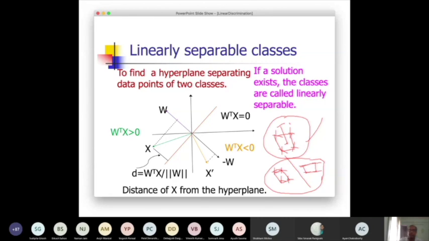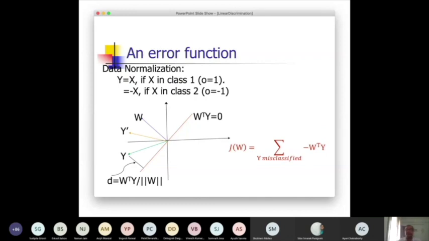So that is the condition for linear separability, right? With this, let us try to formulate the problem in a more convenient manner, as an optimization problem. One of the tricks that we'll use here is some kind of data normalization. Already we did one kind of data normalization. That means we augmented an additional dimension to make the linear functional form a true linear operation. That is what we did earlier.